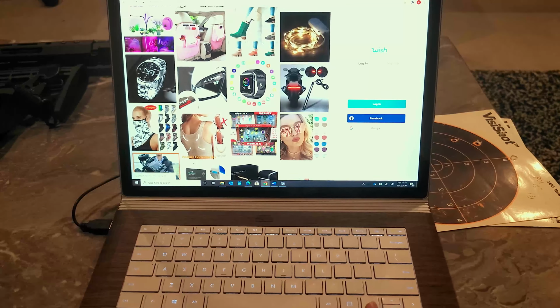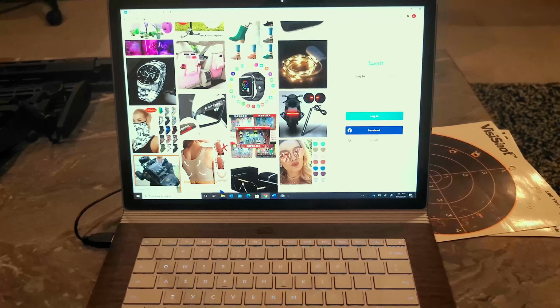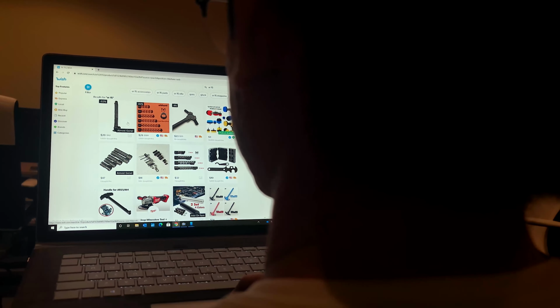What an interesting sight. Maybe I can find some cheap gun parts here. That's a weird... oh my